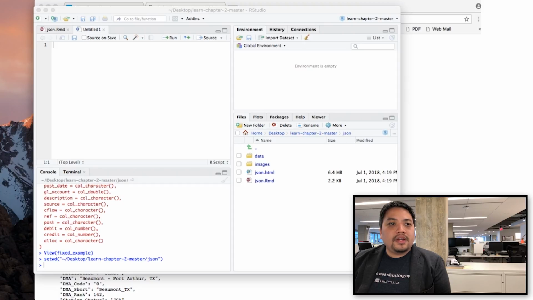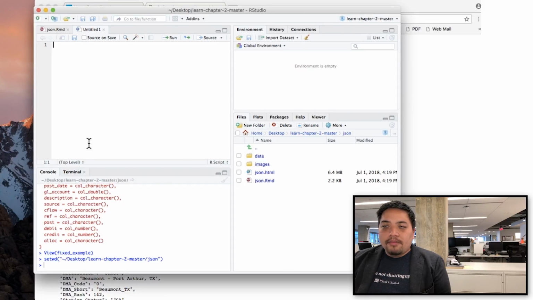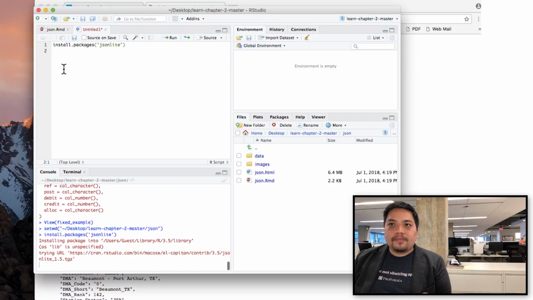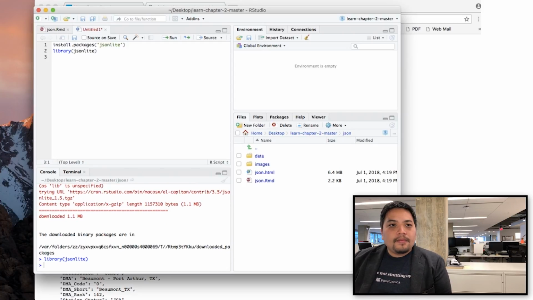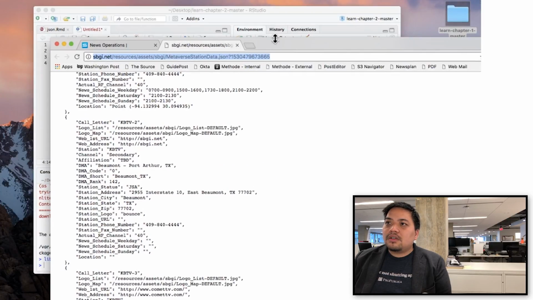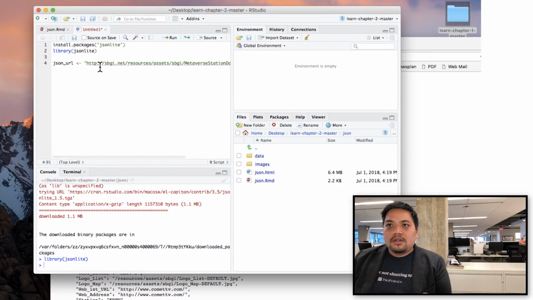So, first we need to bring in, I'm in the right directory. If you don't have it installed yet, type in install.packages, jsonlite, run that, load the library, jsonlite, and the function you need to use is simply fromJSON. So, first of all, I'm going to assign, remember where this URL is for this JSON, and that's here. Okay, so I save that,